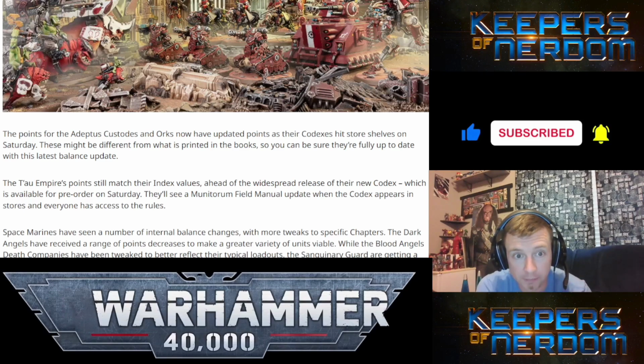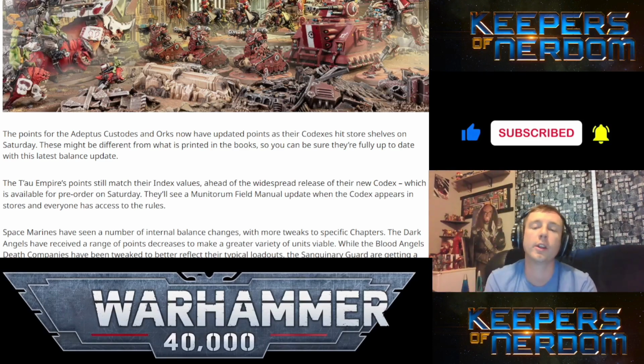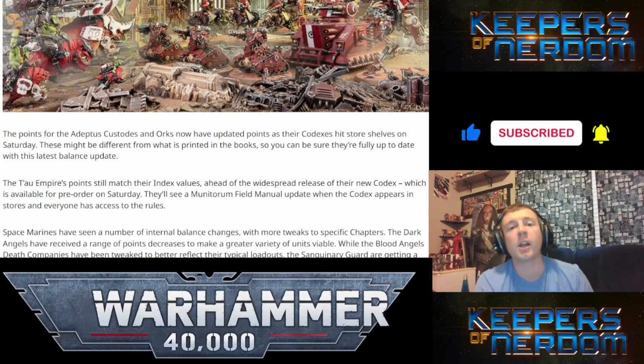That is stupid. And it says they'll see a Munitorum Field Manual update when the codex appears in stores and everyone has access to the rules. Why are you doing this, Games Workshop? You are literally awful at your jobs. People, please do not give them money if they can't even get out point costs